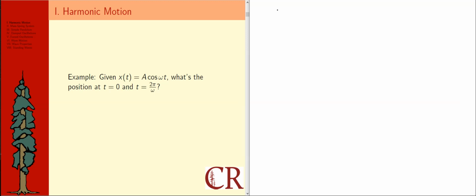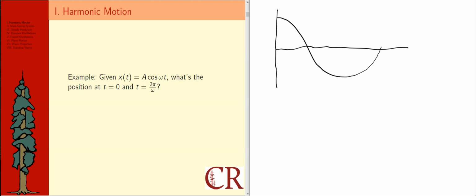I'd like to draw a graph of this function because I think that will help me to think about what's being asked here. So I'm going to try to draw some axes here. Since cosine of 0 is equal to 1, it's starting at its maximum value. It's multiplied by a in the function that's given. So I'm just going to start the graph over here and have it go down, and then it goes to some minimum value, and then it's going to come